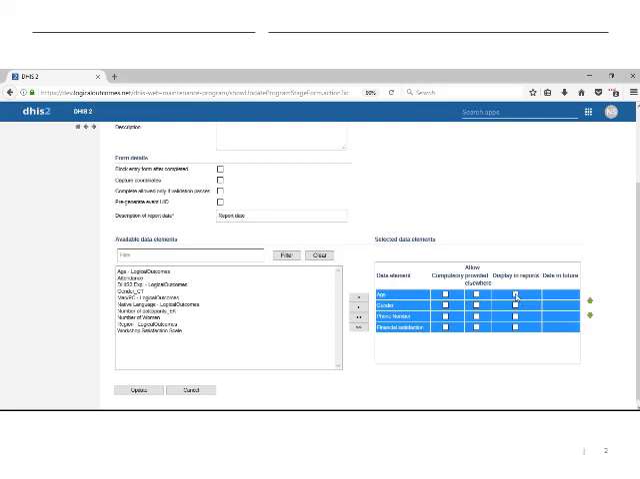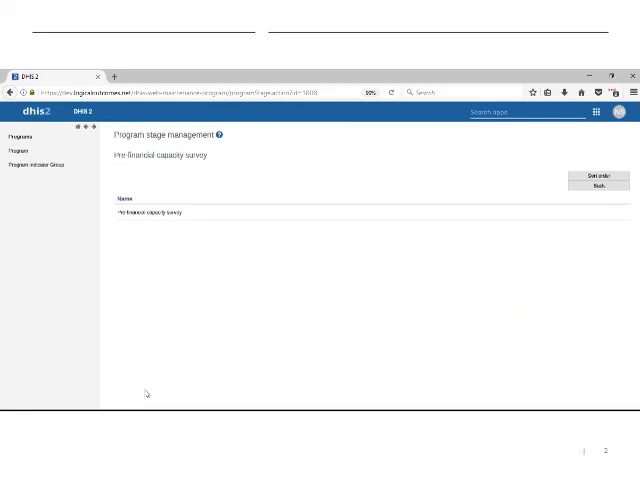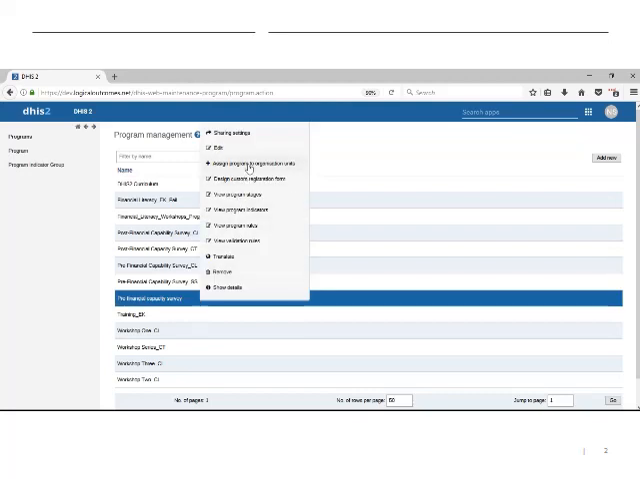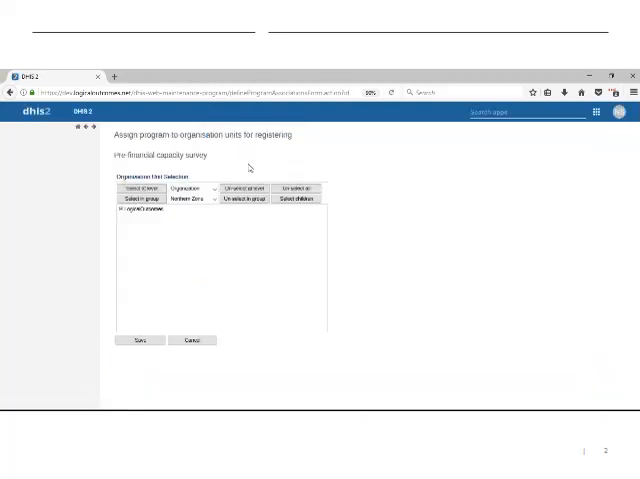So we want to display all these in the reports. You can also choose which ones are compulsory. So say phone number, if that's important for you to contact them afterwards for the following stage. We're going to update that. And after we've created our program stage, we're going to go back to the program itself on the program management page. I'm going to find it, and now we're going to assign it to our org units. In this case, for this scenario, we are assigning it to the province of Ontario in Canada,